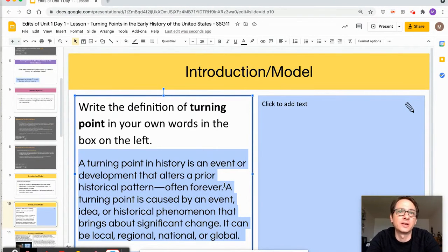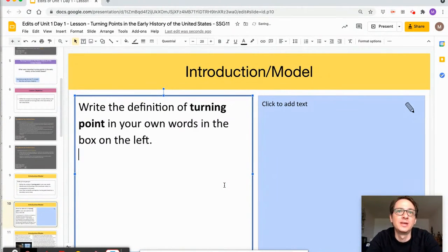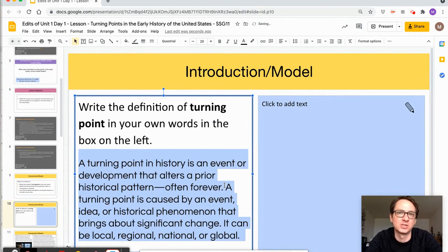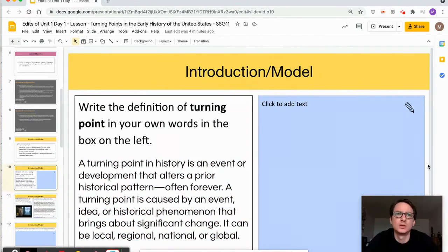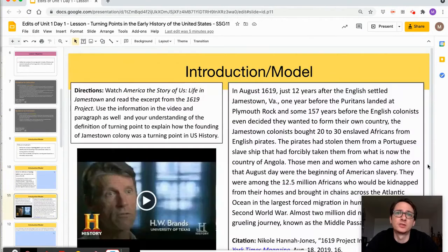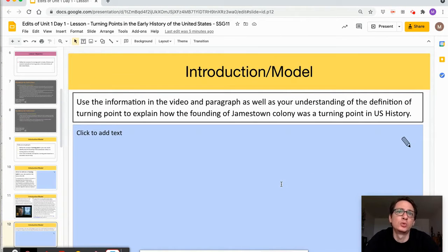Then, after you've done your countdown and the definition is removed, it's funny how their minds tend to gravitate towards the more vital components of the definition. One last thing I found is that this does work best when it's pitched as a game, not a test of their memorization. Next, students are asked to apply their definition to the founding of Jamestown, which is presented as a